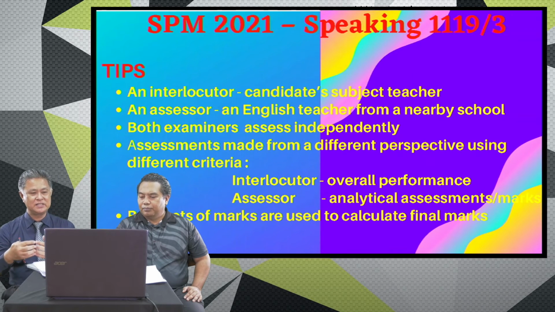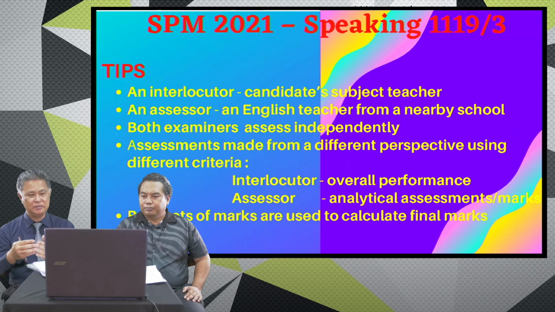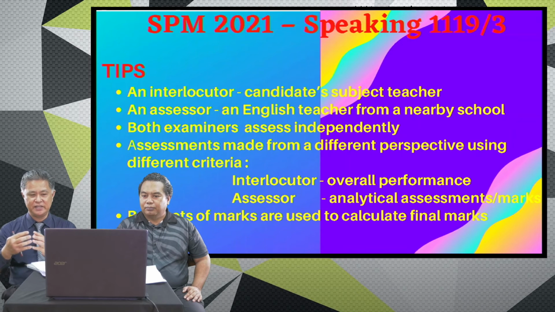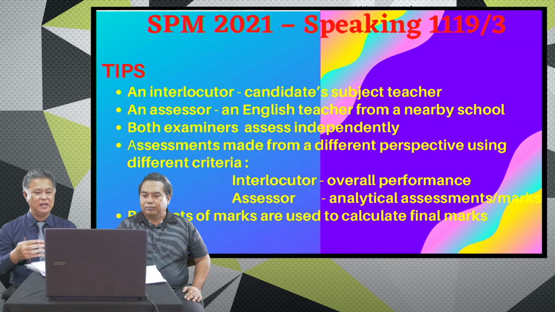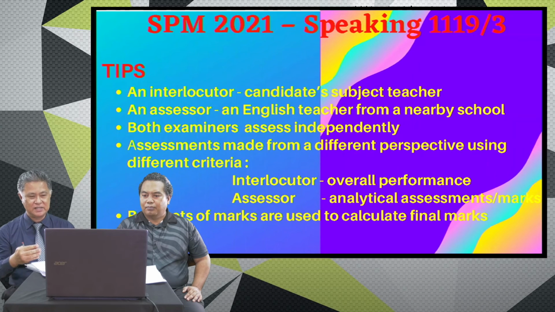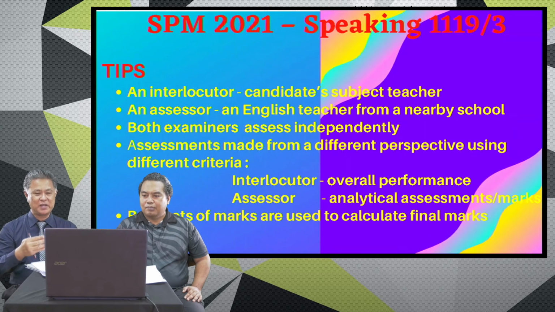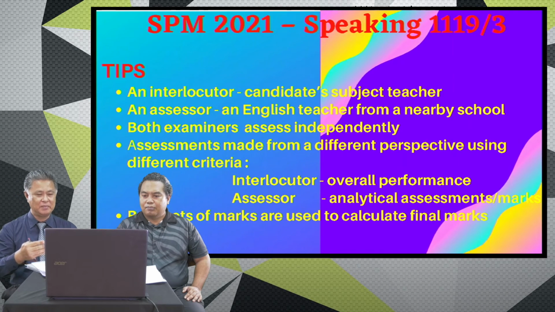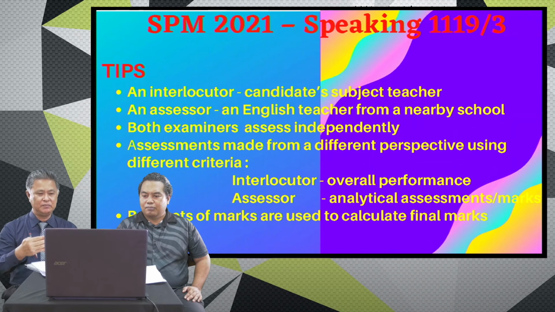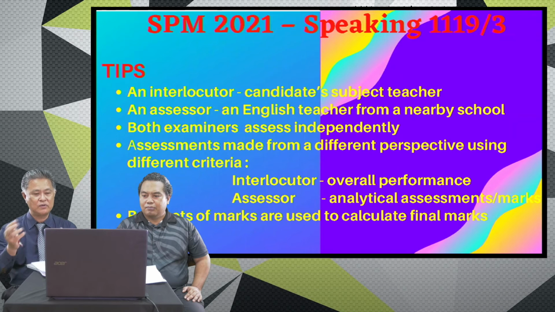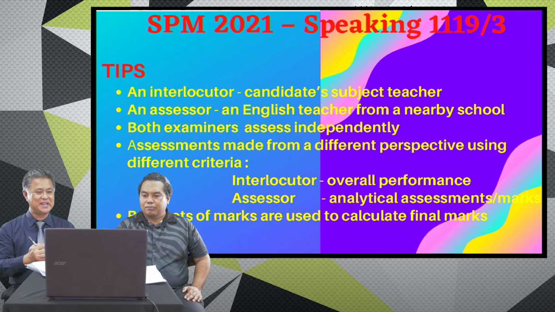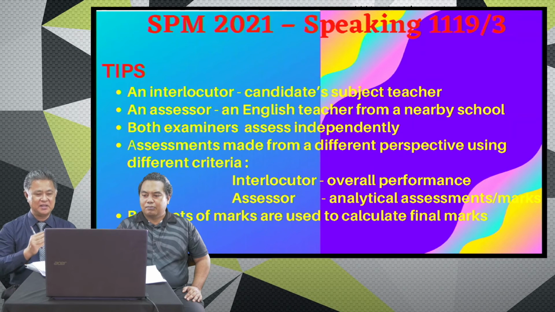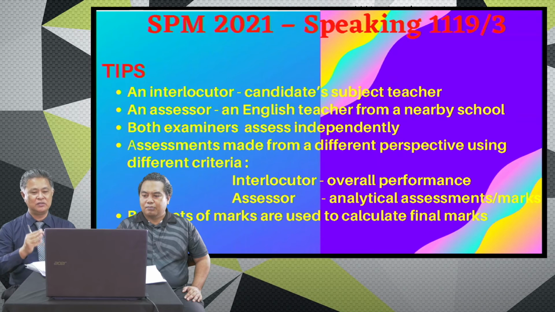Both examiners, the interlocutor and the assessor, are going to assess the candidates independently. And the assessments, as I said just now, are made from a different perspective using different criteria. For example, the interlocutor or the subject teacher will look at the overall performance of the students, which carries 6 marks, and the assessor is going to be very analytical